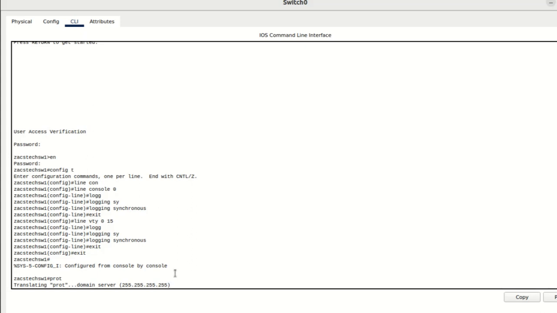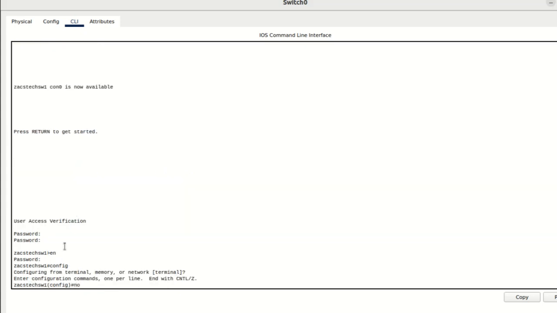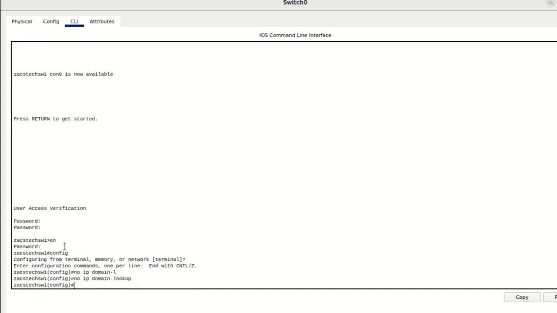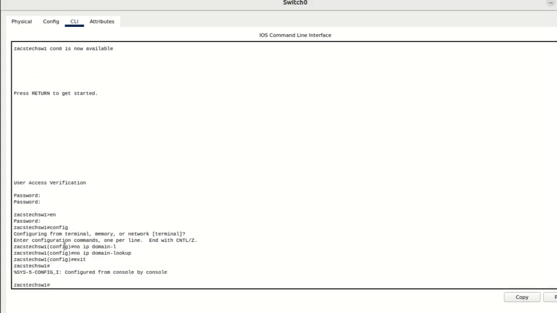The ip domain-lookup command enables the DNS, domain name system, domain lookup feature on the Cisco switch. When enabled, the switch will attempt to resolve host names into IP addresses using DNS. This feature is useful when you want to access devices on your network using their host name rather than their IP address. The no ip domain-lookup command is used to disable the DNS domain lookup feature